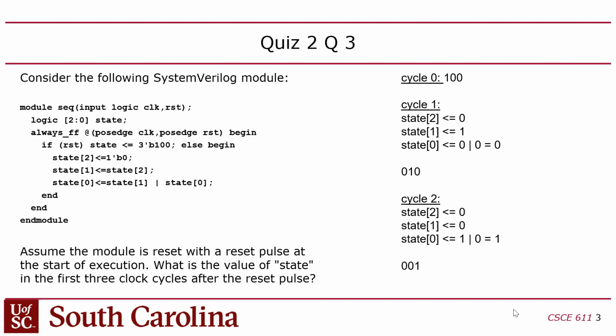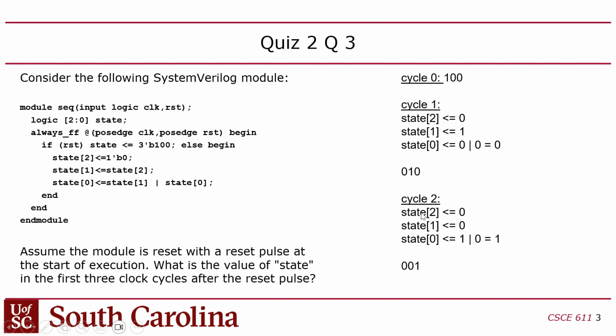So, see, I think, yeah. So cycle 0, you have a 1, 0, 0. Cycle 1, like I said, state 2 becomes 0, state 1 becomes the old state 2, so that gets a 1. And then state 0, when you're evaluating state 0, you look at the previous value of state 1 and 0, which would have been a 0, 0, right? So every time you're coming up with the next state, when you're filling in cycle 1, for instance, you've got to look back at cycle 0 for your inputs. You want to look at the previous values for the inputs. So the value of the state in cycle 1 is 0, 1, 0. And there it is, 0, 1, 0.